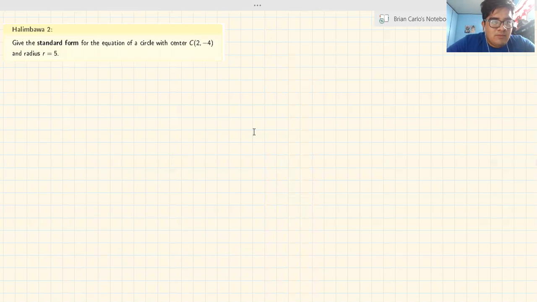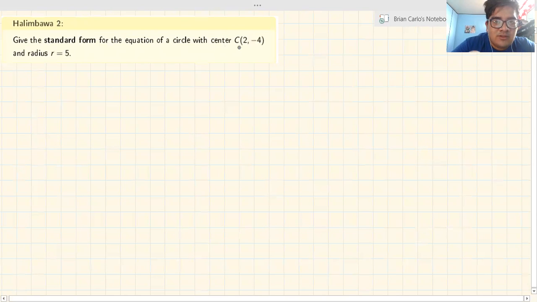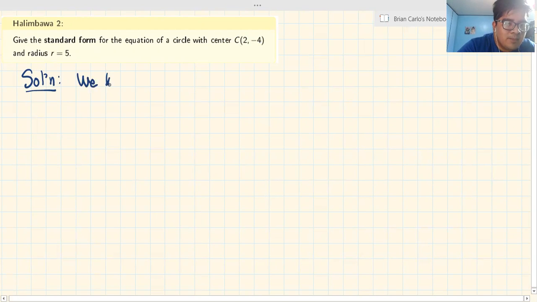Now, let's go to halimbawa 2. Ngayon, ang sabi sa atin, give the standard form for the equation of the circle with center C (2, negative 4) and radius 5. Ngayon, given naman yung center and yung radius. Ngayon, solution. We know that,